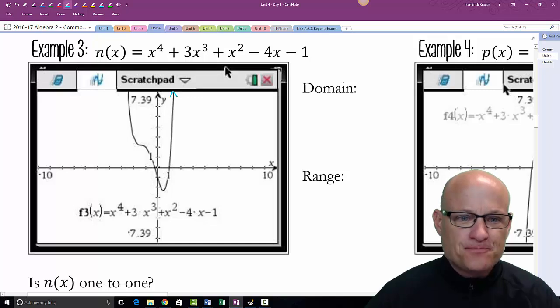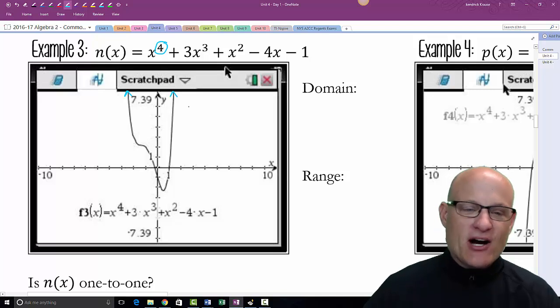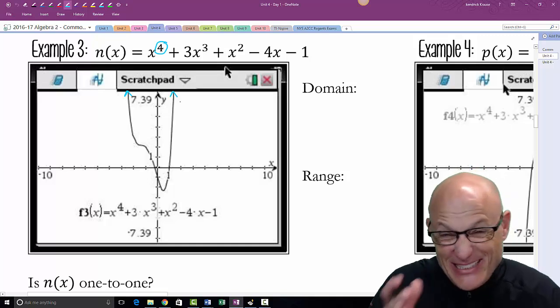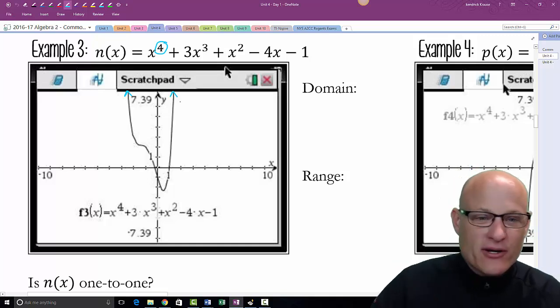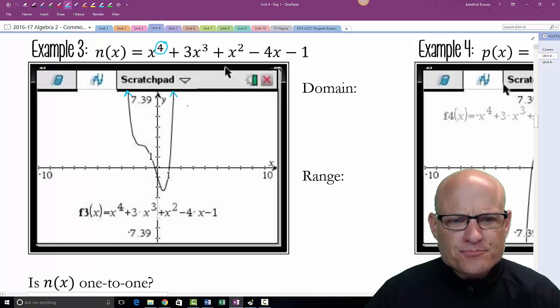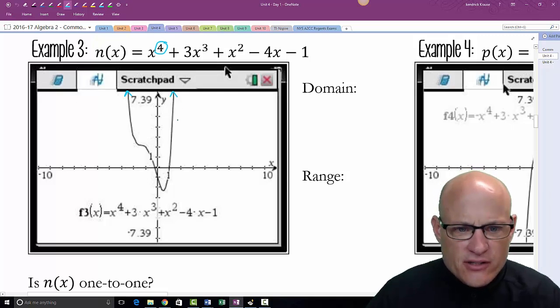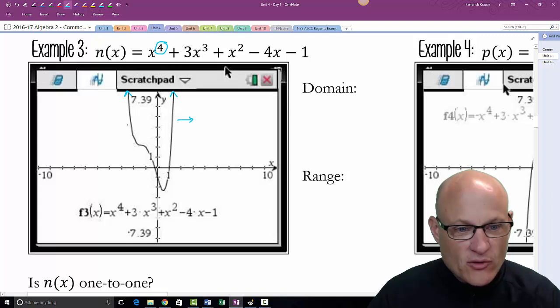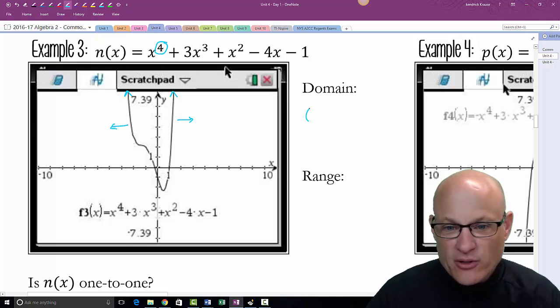Remember, think about there being arrows here. So this is an even function. Even function. The domain. Now, this looks like it's going straight up. It's not. It's going just a little bit to the right, a little bit to the right. So this is going to the right very slightly, but if you go all the way to infinity, it will just keep going to the right. And this one is clearly going to the left. So my domain for this one is negative infinity to positive infinity.